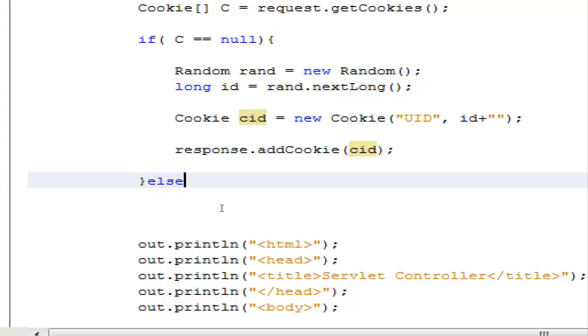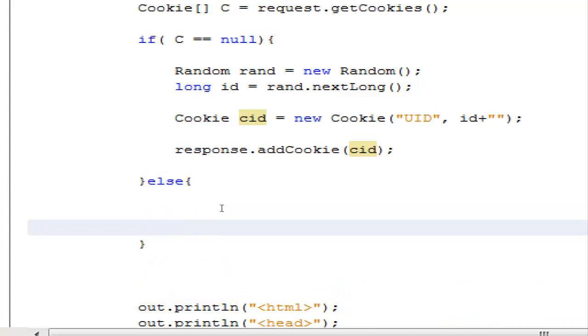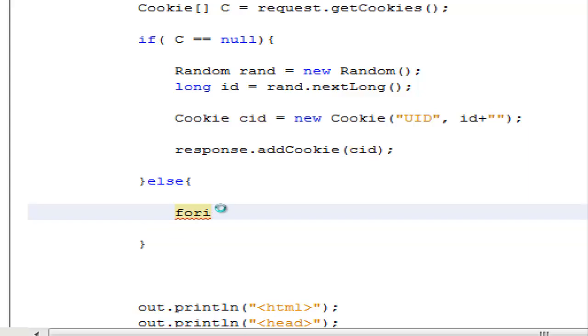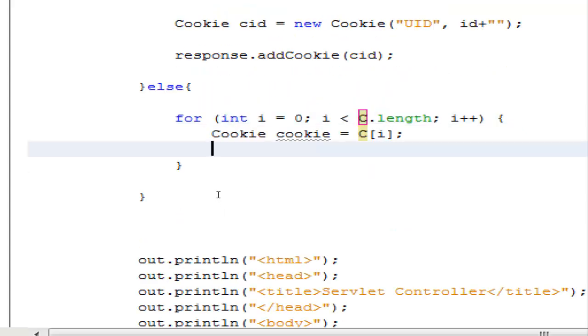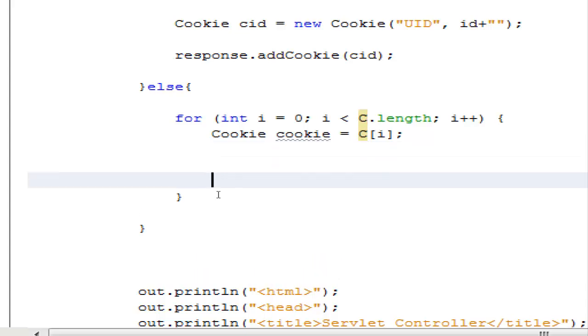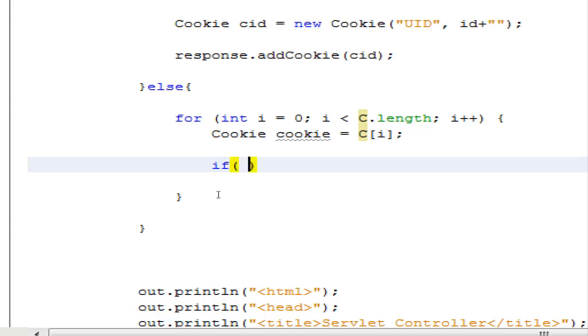There is the other possibility. What's the other possibility? The client has some cookie, but doesn't have a cookie with the name userID. They may have many other cookies, but not a cookie with the name userID. So how do I verify that? I'm going to say for loop, for i is equal to the same thing. I get one value. What I'm going to do here is check if